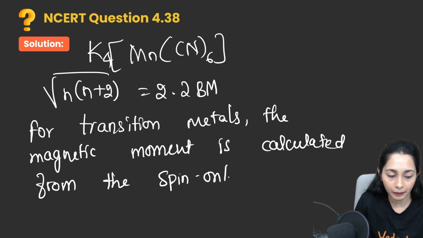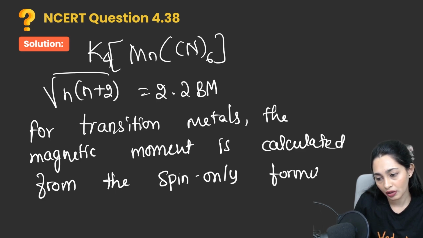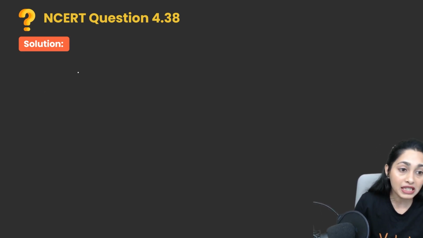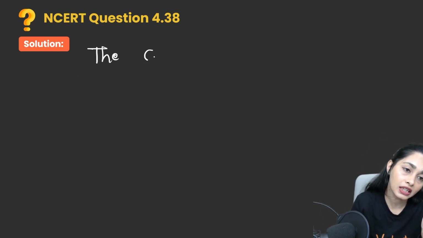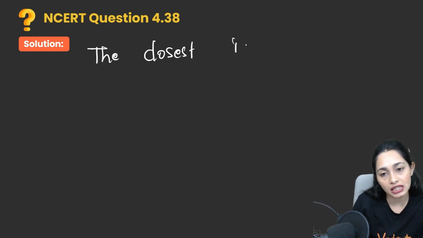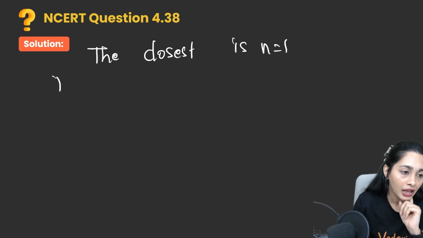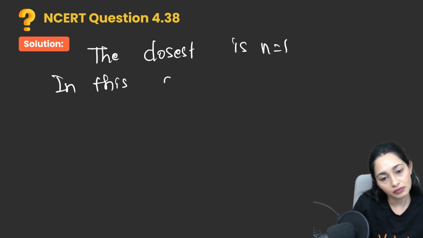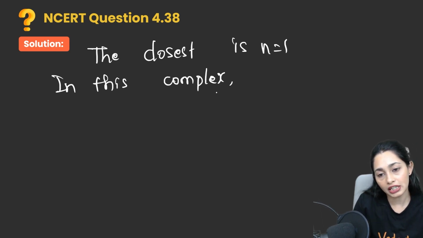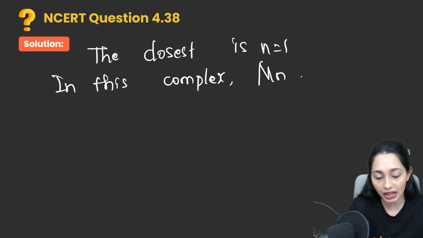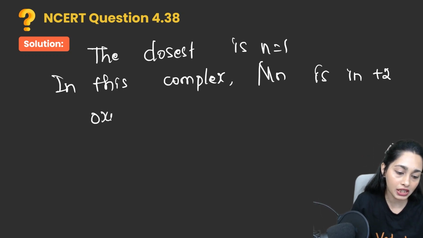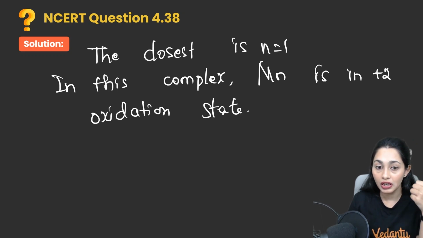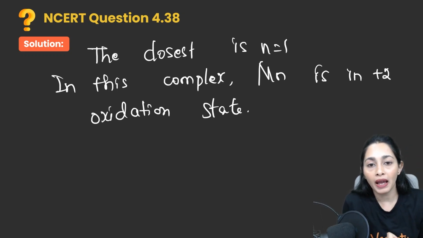Okay. So if we see the value that they have given, the closest is n is equal to 1. And in this complex, if you calculate the oxidation state, manganese is in +2 oxidation state. You need to remember how to calculate the oxidation state and which are strong field ligands